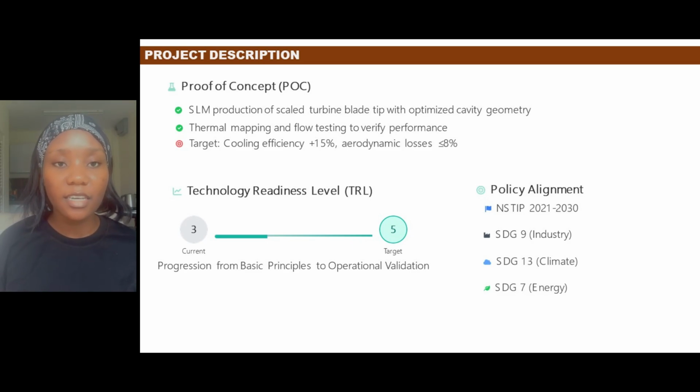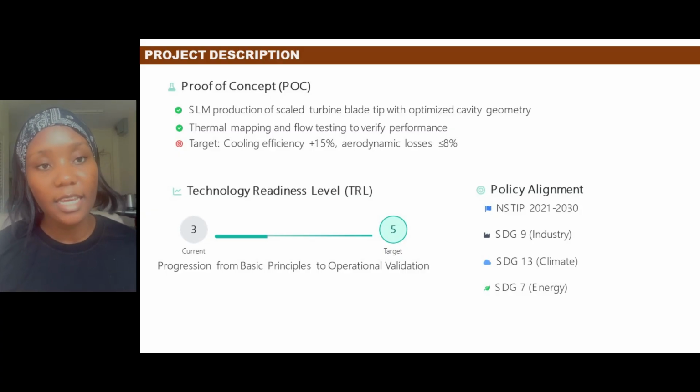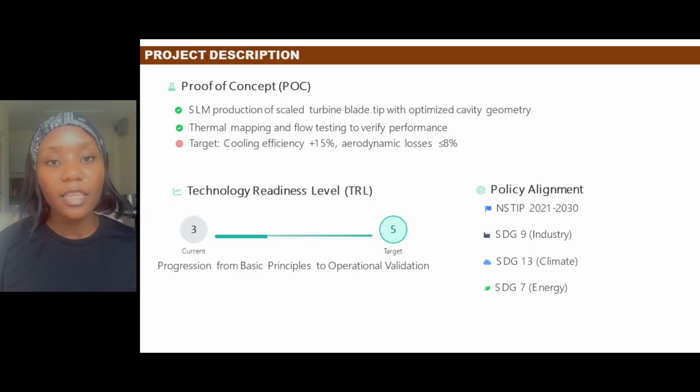The CFD model is going to capture intricate vortices and turbulence near the cavity, which are responsible for tip leakage losses and elevated surface temperatures. And it's also going to track how effectively the coolant air extracts heat from the blade metal. And then by analyzing the simulation results such as velocity vectors, temperature contours, and pressure distributions, we are going to assess how different cavity geometries affect